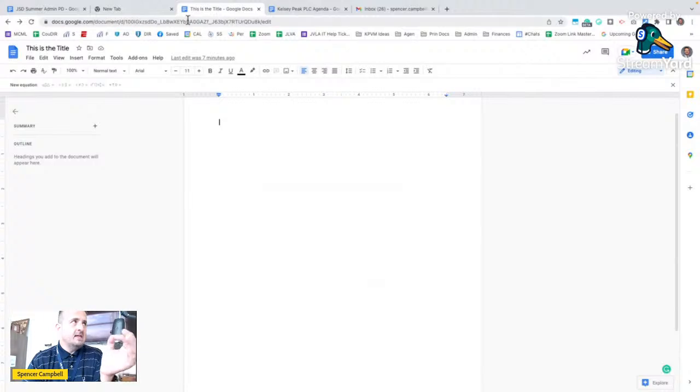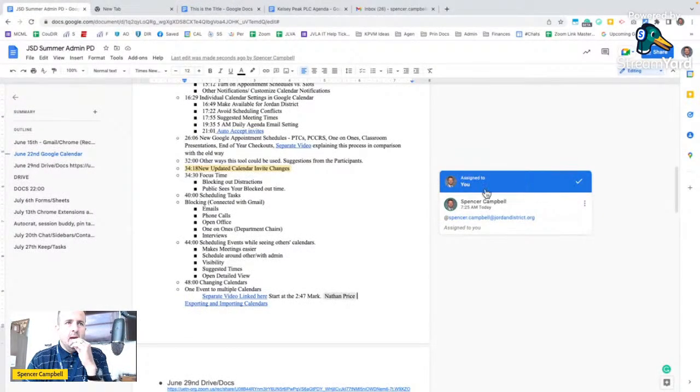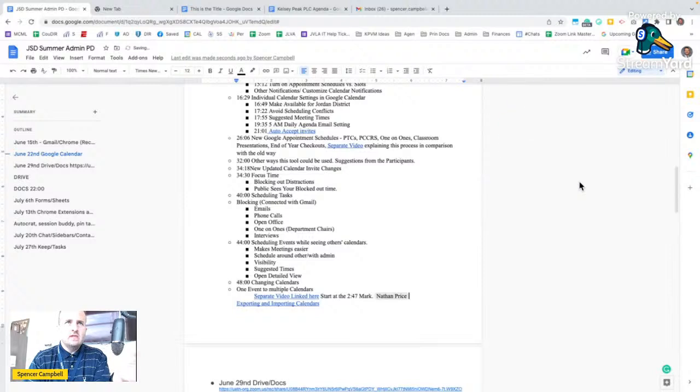Maybe because I'm assigning myself in this document, it's not here. But I can come in and I can actually just click this check mark and it will show that this is completed. And like I showed earlier, this will now go into the version history of this document. So I can actually go and look at a document and tell all of the assignments and who's completed their